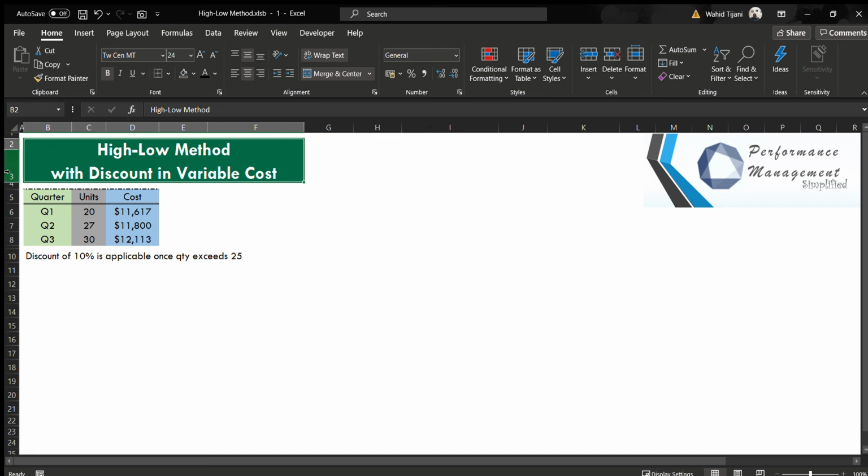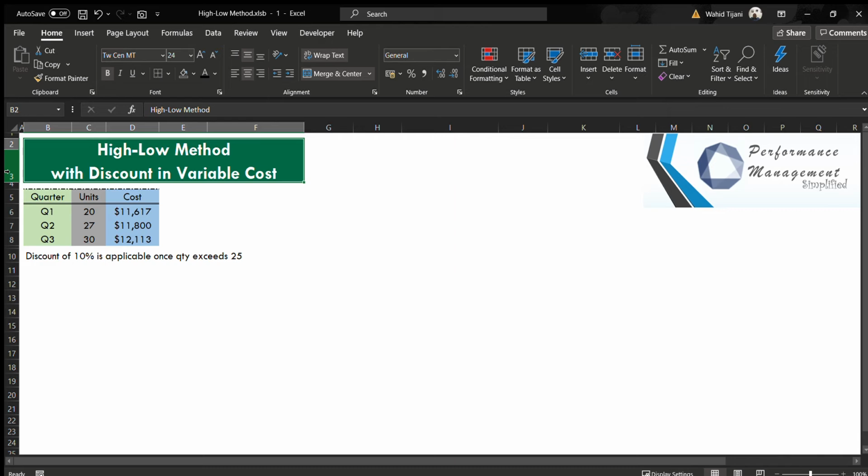Taking a look at the high-low method with discount and variable cost, we have this simple situation where we have units and we have the cost. A discount of 10% is applicable once quantity exceeds 25. We have 5 steps to follow when solving a question where one would try to segregate cost using the high-low